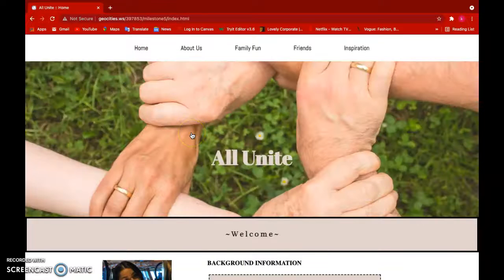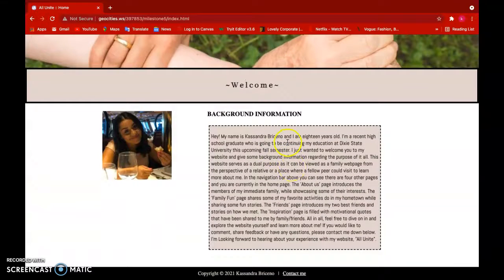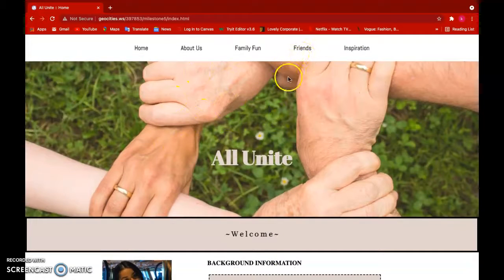But all in all, just to review some final things, I want to talk about the main goal that I had. The main goal was I wanted the user, more specifically my friends and family, to explore through the page and reminisce on memories it may hold. It can be a way to look through memory lane, as was mentioned in one of these headers. And I would like it to also be useful to those family members that live far and aren't able to be present in those moments, but continue to stay connected with the family one way or another, this being one way. The overall goal being to bring a smile to someone's face and remember the good old days.